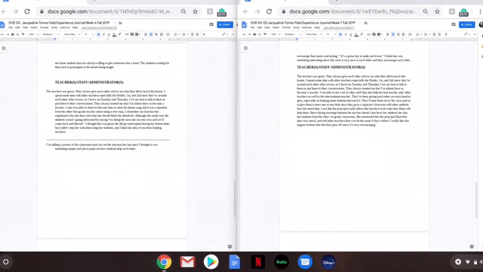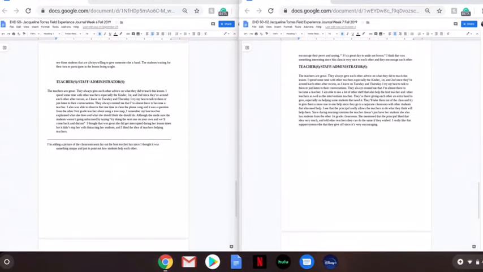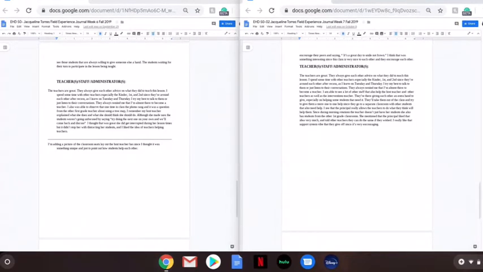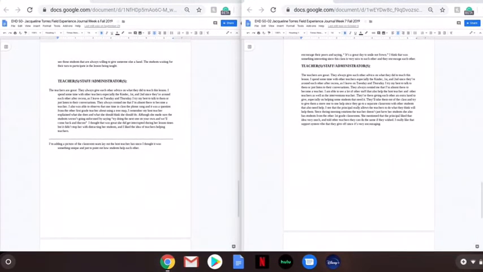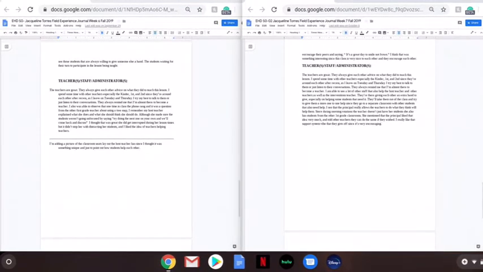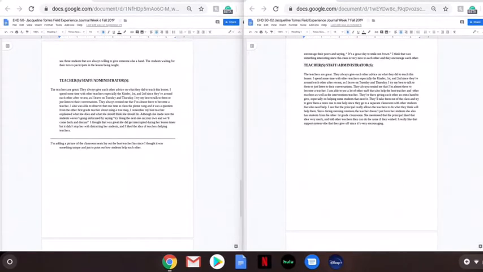If there was a fire drill, what were the staff doing? How did the staff help each other? How were each of them contacted from the office and the people in charge? So it was just little details that I would add on in the reflection. And this was where I was able to talk more.